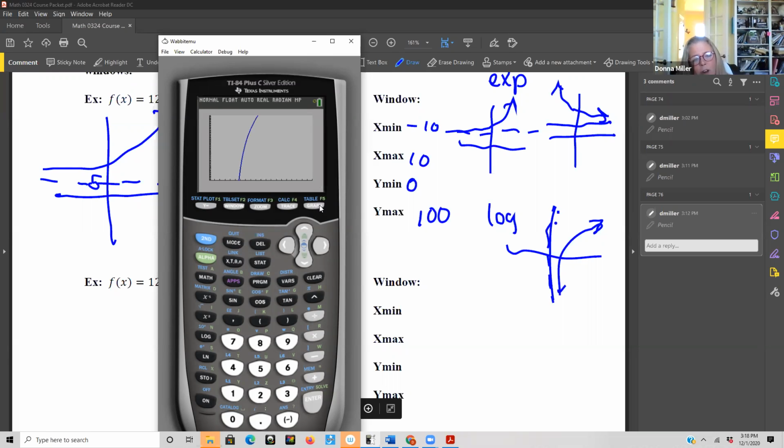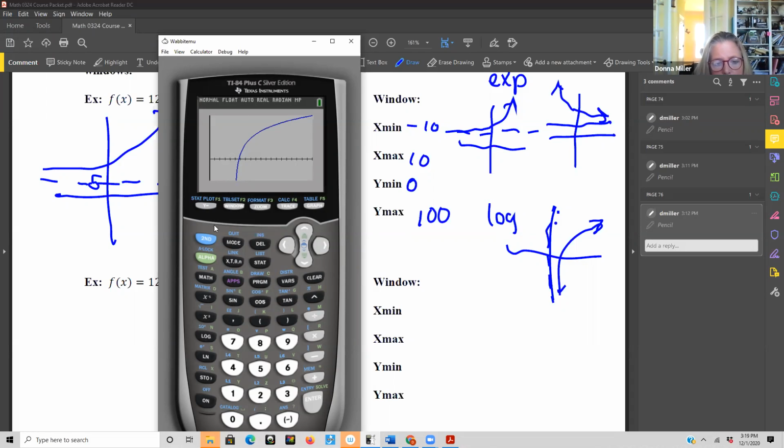I'm starting to see the curve, not that much, but I want to see the negative part too. So let's change the window. Let's keep the window where it is, and let's do zoom fit. Show you what that does. Zoom fit. Now it has a nice window where I can see the shape of the log. This is what it should look like. I can see it crosses and it goes negative, and there's a vertical asymptote at 5 that it will not